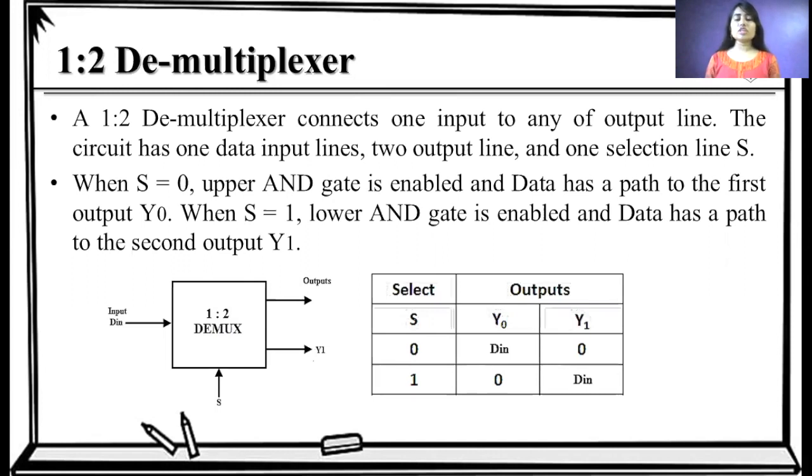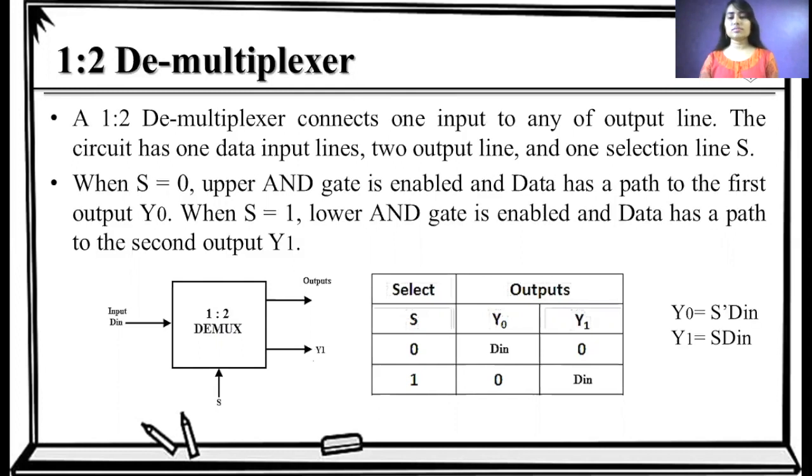Here we have a truth table for this 1-to-2 demultiplexer. If S is equal to 0, then Y0 is equal to D in and Y1 is equal to 0. And if S is equal to 1, then Y0 is equal to 0 and Y1 is equal to D in. So here we have two outputs and according to the selection line, one of the outputs will be activated for